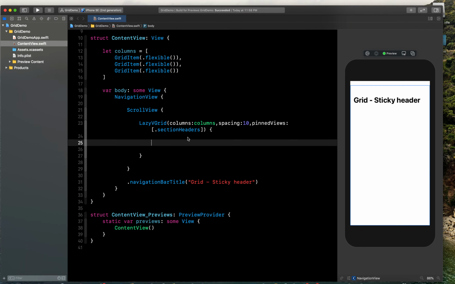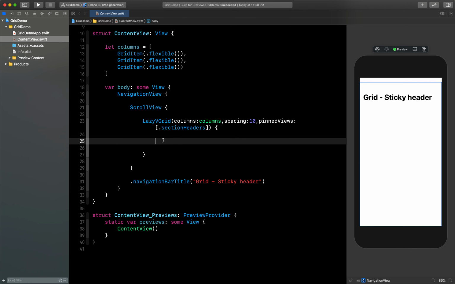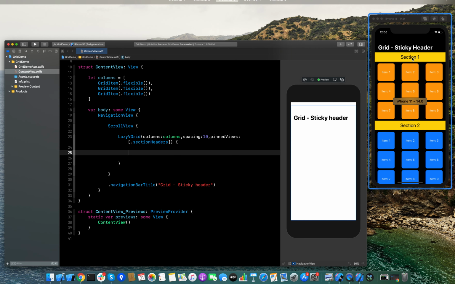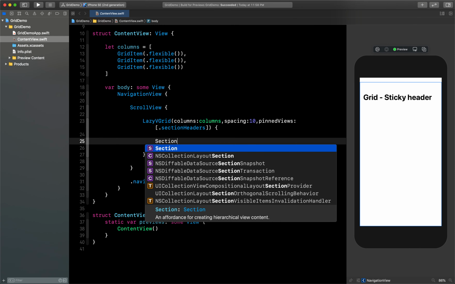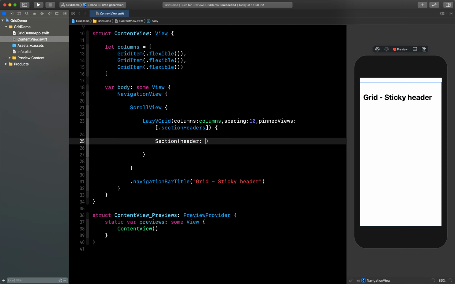Now inside this I need to pass these grid items. For that I can use a for each loop, but before that you can see I have to give a section also. So let's give a section first. Section will again take one header, and this header will take our view.